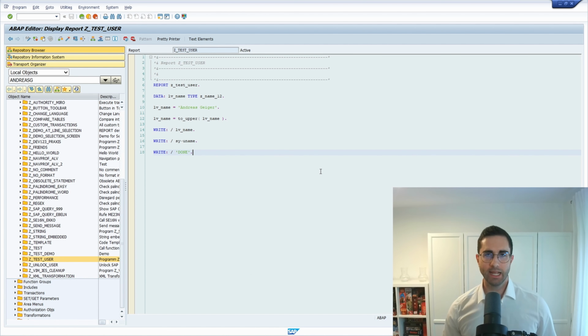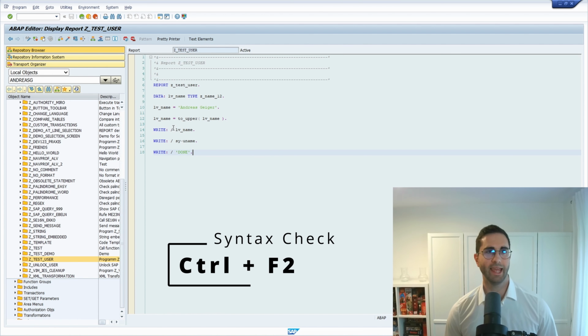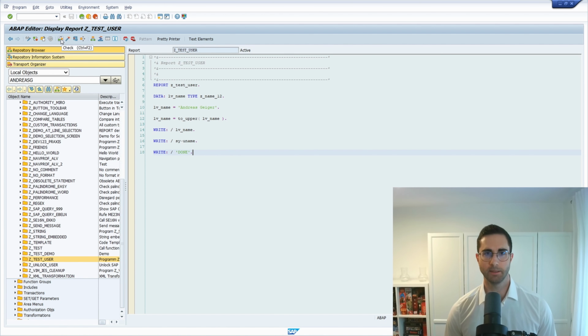So in this video I would like to show and explain to you the extended syntax check. Here right now we have a sample program and I think you are all aware of the basic syntax check that can be executed with the key combination Control F2 or within the ABAP editor by this button. Once you've clicked on that, then if everything is fine, here you're getting a status message, no syntax errors found,